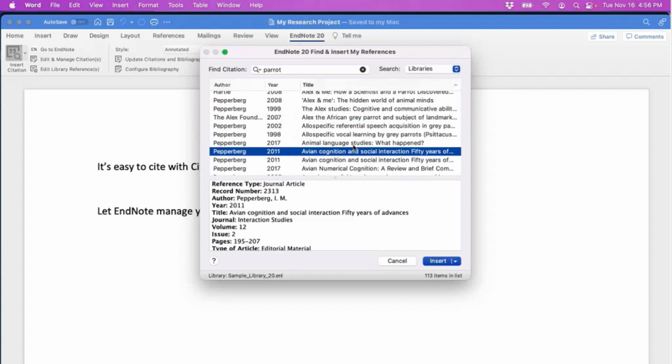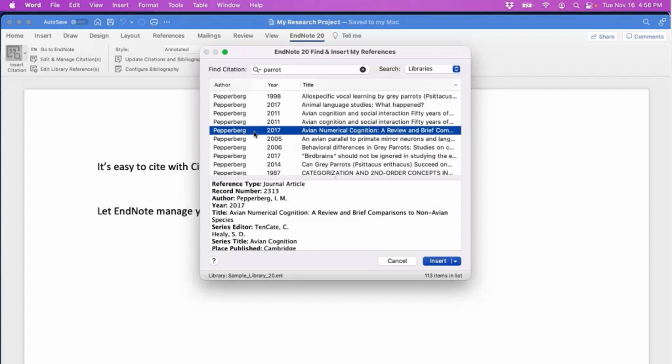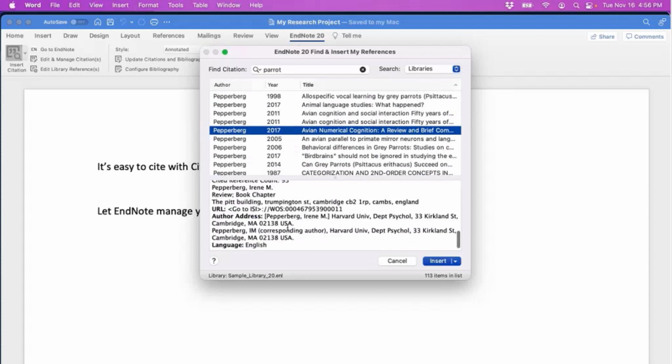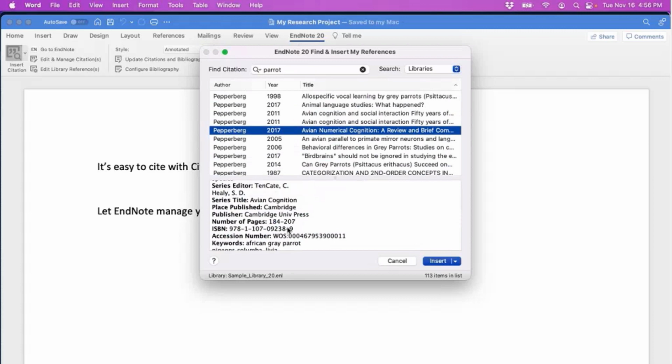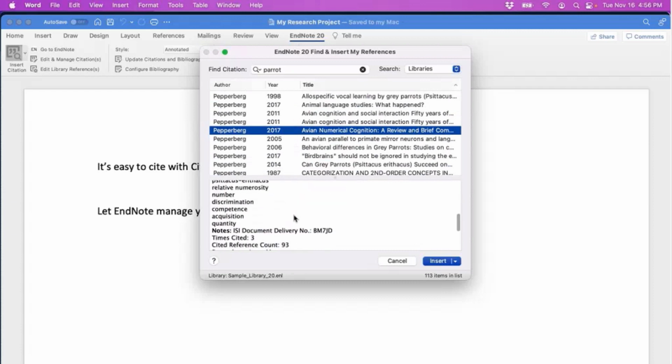And we see the author, year, and title. If that's not enough information, maybe you've got some ambiguous matches here, perhaps, you can look using the bottom panel. You can look at all of the underlying reference information from your EndNote library. So maybe if you had a couple of book chapter references and you couldn't see the chapter titles here, you can use this bottom panel to look at or reveal all of the underlying information.